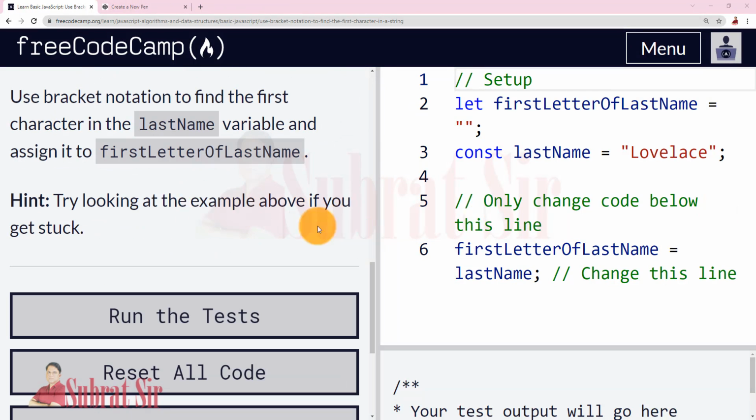Now the task for this lesson: use bracket notation to find the first character in the lastName variable and assign it to firstLetterOfLastName.